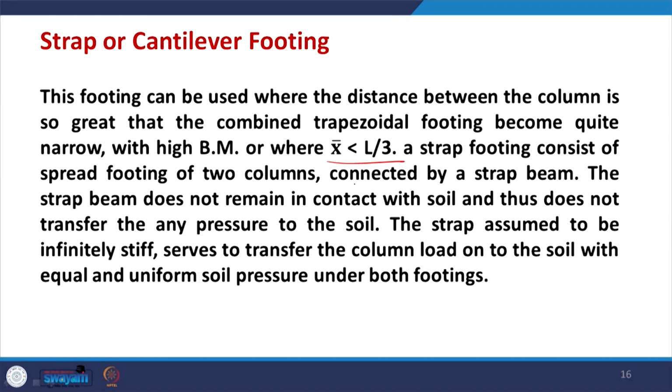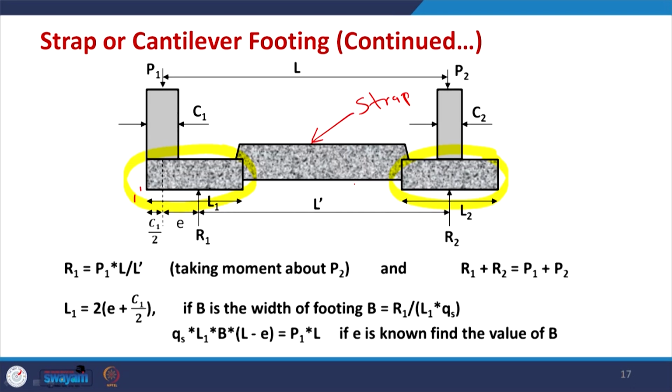So, already we have discussed that this strap is assumed to be infinitely stiff. It does not transfer the column load onto the soil directly, but it transfers it from one end to another end. Now, talking about the solution, let us say P1 and P2 are the loads coming on column 1 and column 2, and R1 and R2 are the reactions. The reaction is not combined because you have 2 separate footings. R1 and R2 act at the center of the footings, while P1 and P2 act at the center